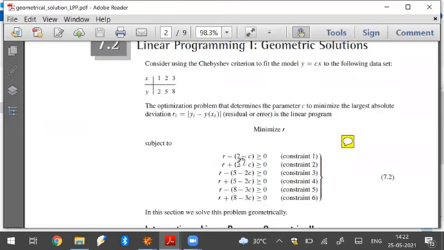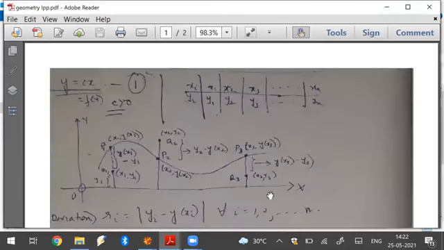Now let us get the idea of how they turn this whole thing into a minimization problem. First and foremost, this is the data set which is given to us, and we are trying to fit the curve y equal to cx. As I said previously, this is not the only curve you can use. You could have used a parabola, a cubic function, a sine function, a cosine function, anything. First and foremost, we are restricting ourselves to polynomial functions, and as I said, we are trying to analyze here